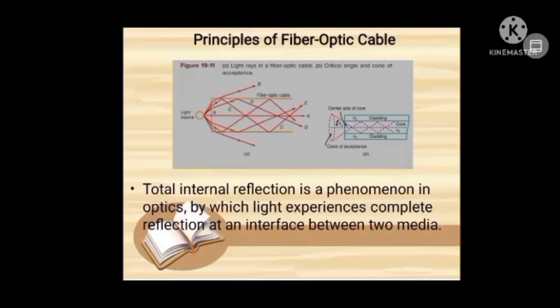Optical fiber uses the optical principle of total internal reflection to capture light transmitted in an optical fiber and confine the light to the core of the fiber. By definition, total internal reflection is a phenomenon in optics by which light experiences complete reflection at an interface between two media. Imagine what happens if the light bends so much that the angle becomes 90 degrees or even larger. In that case, no light will actually be able to travel out of the material it started in, or in other words, it won't be refracted, and it will instead be reflected back. When this happens, it's called total internal reflection.